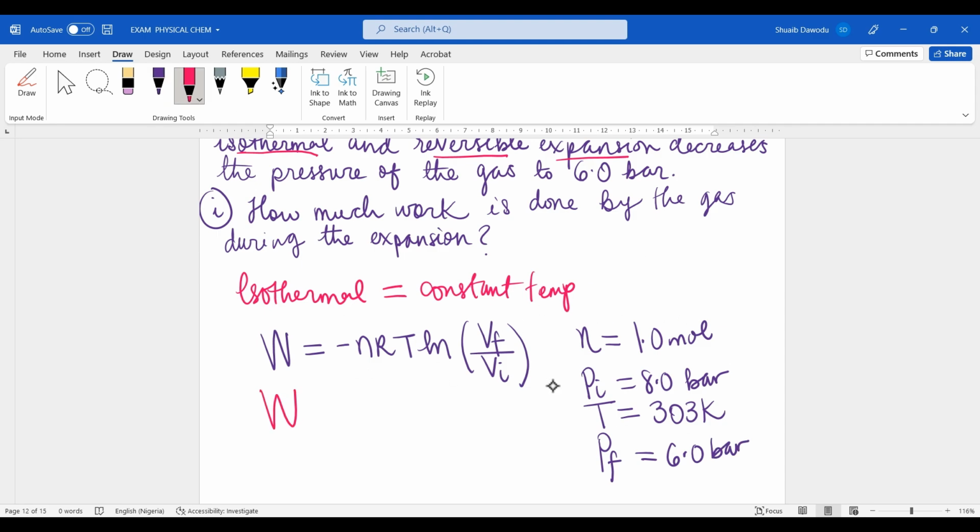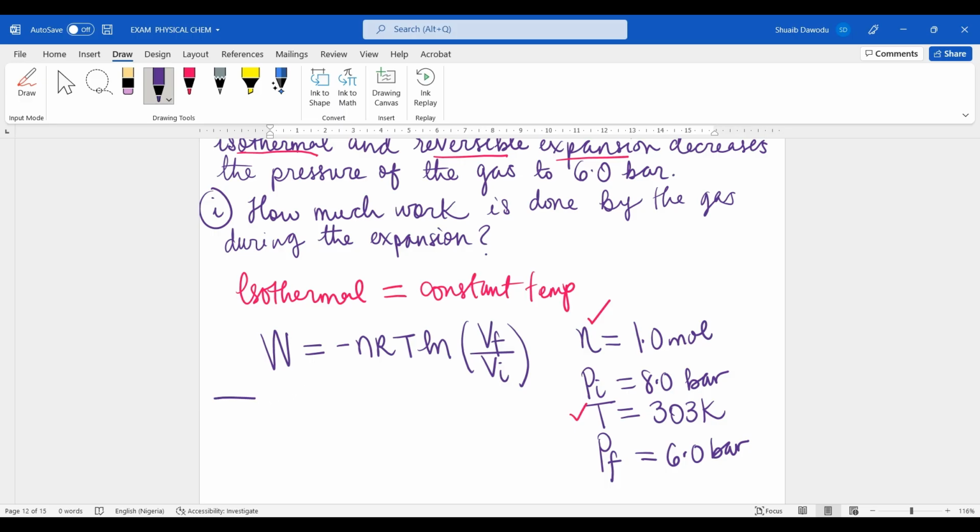We see from the parameters that we're given that we have the value for the number of moles, we have the value for temperature, but we don't have the value for volume, and not just volume, but initial and final volume. We have none of the values for volume. Now you're going to be wondering, well, if this is the formula, how come you're giving us pressure and not volume? Well, you have to remember that regular chemistry that you've done when you were in Gen Chem class states